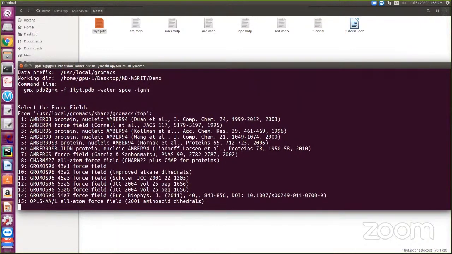Okay, what force field do we have to select? It is important, so everybody is having this doubt. Which one do we have to select? First, you should understand what a force field is. It is nothing but a predefined set: for each and every amino acid, each and every atom, there is a distance, an angle, an energy. Everything is already predefined in the force field. Here we have the Amber force field, CHARMM force field, Gromos force field, OPLS force field.